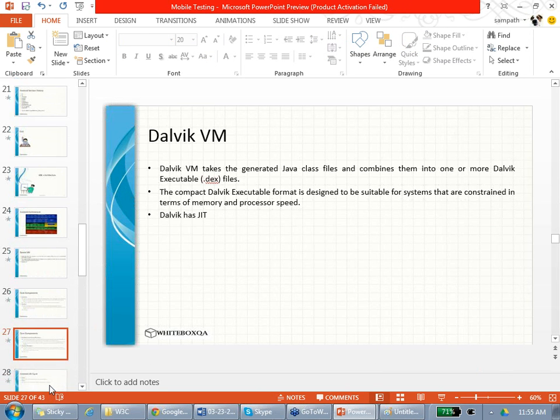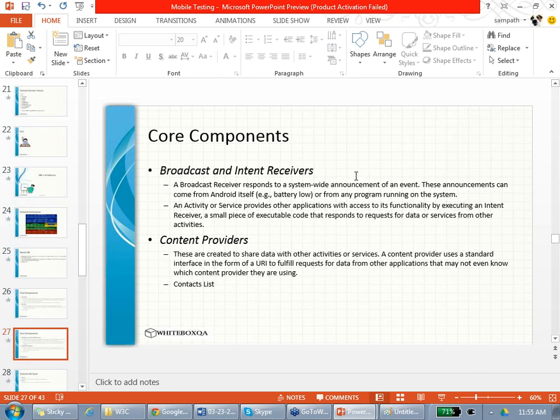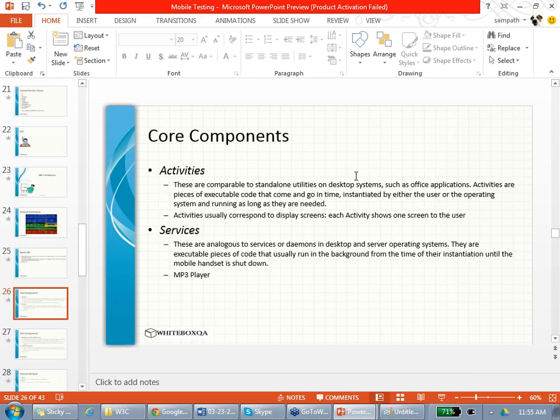All right. Core components. There are 4 types of components in Android. First one is called activities. Anything which is UI is called an activity. So the Bank of America screen is called an activity.